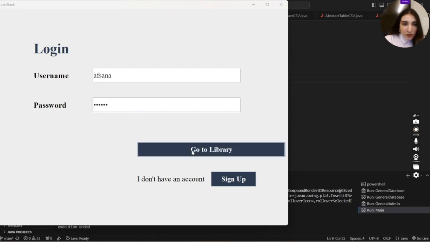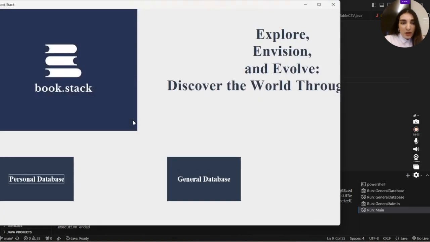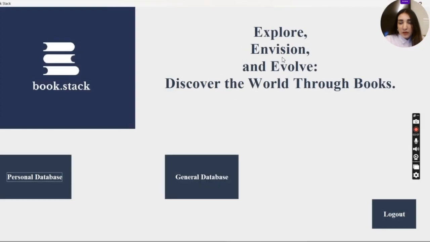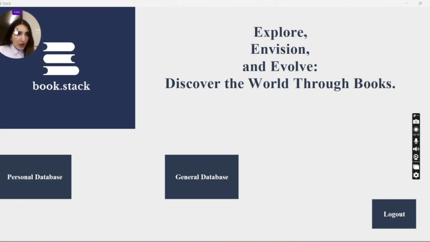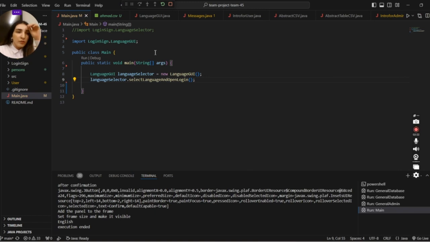Okay, go to library, and the library opens. So I would like to first of all show that if we make the screen bigger, you'll see the logout. If it's not, you will not see it. So I think this time I should go back to the code section,